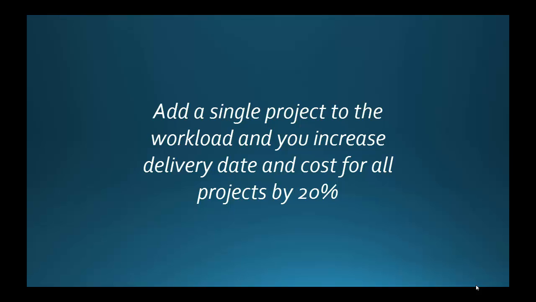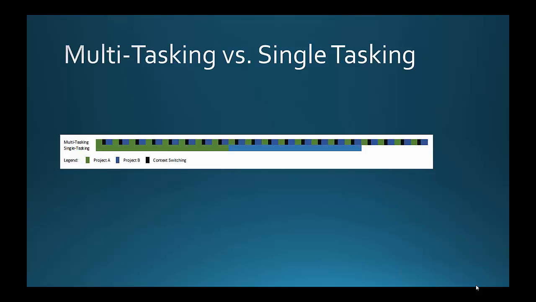Let's take the case of a software development team working on 2 projects simultaneously. Let's say each project is estimated to take 8 weeks to complete. If we multitask, Project A is delivered after 19 weeks and 2 days, and Project B is delivered after 20 weeks. If we do one project after the other,